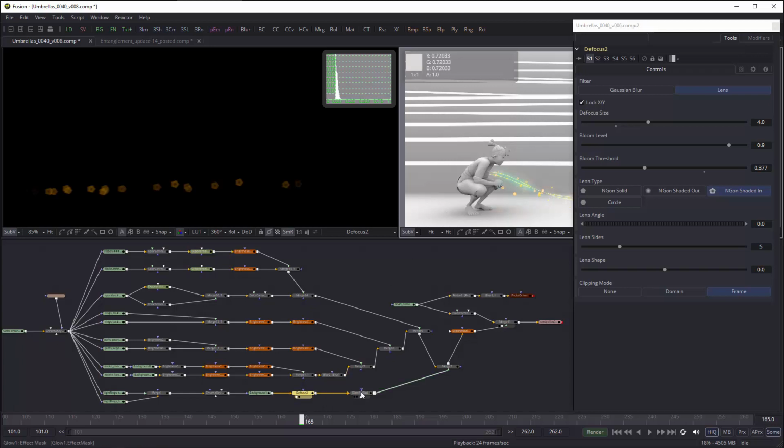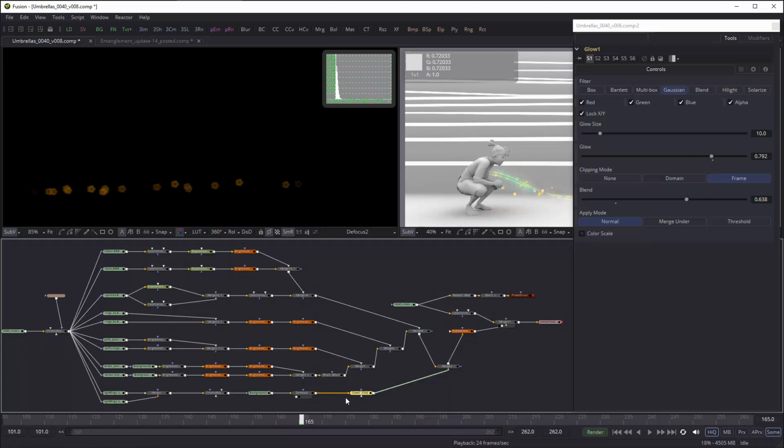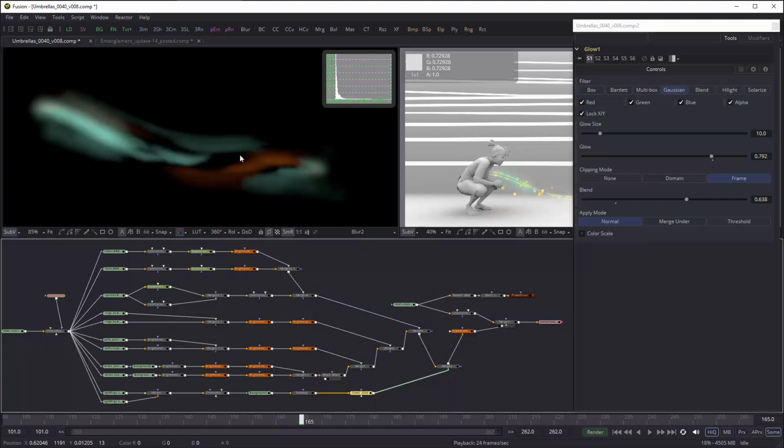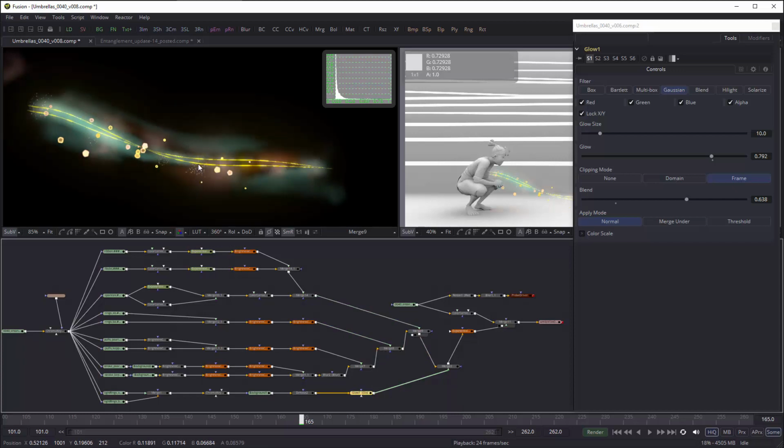So the next step is glow, and I used a fast glow here because it really didn't matter. And so this is the light in the scene, and then this is merged together. And now before I show that, let's step through these merges as they come together. So we get the strokes and the puffs and the rings, and then a combination of the flex and the ribbon. So everything's together here, and then we merge the lighting